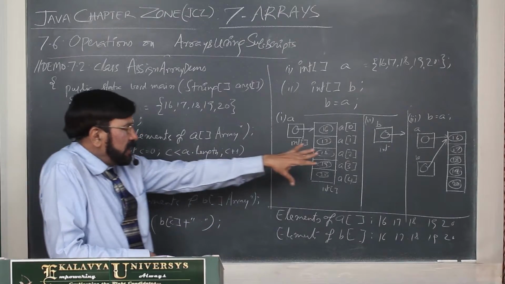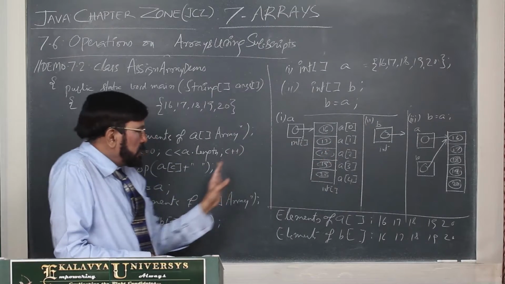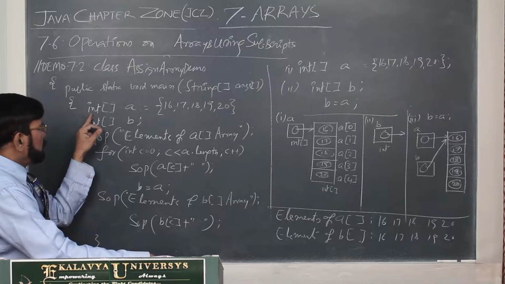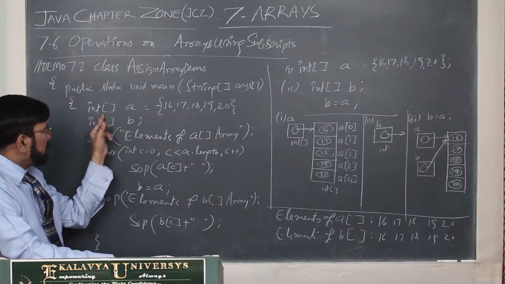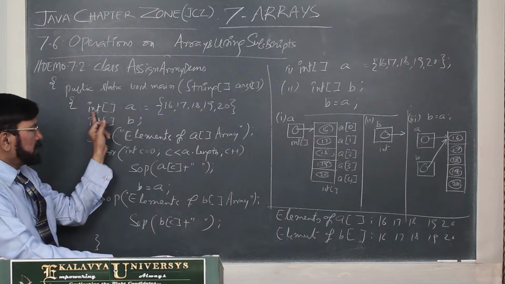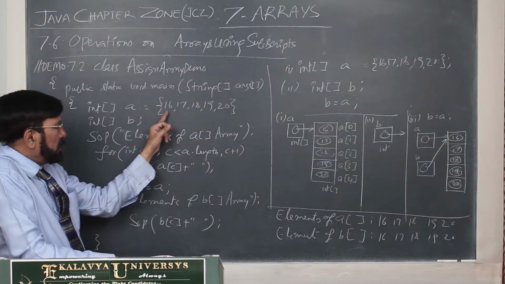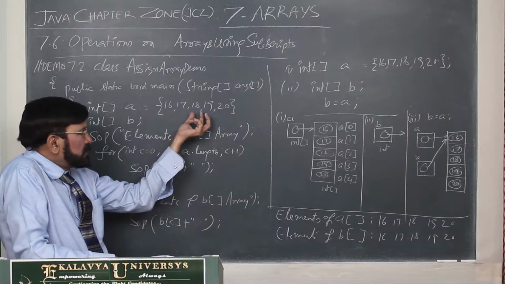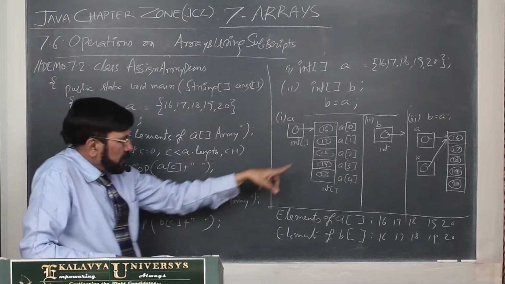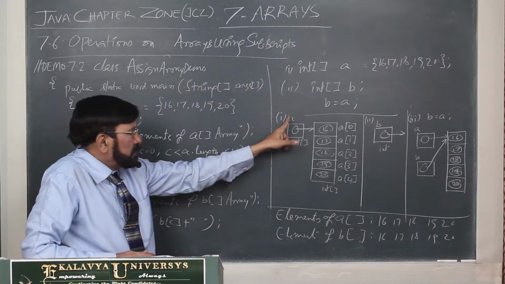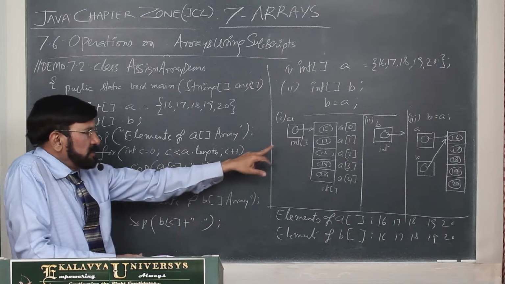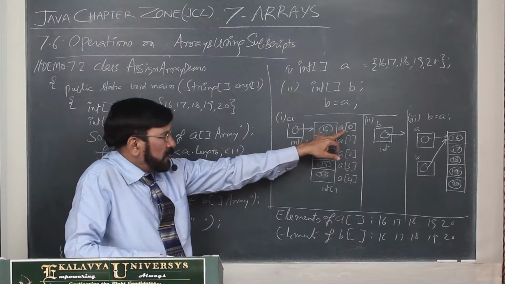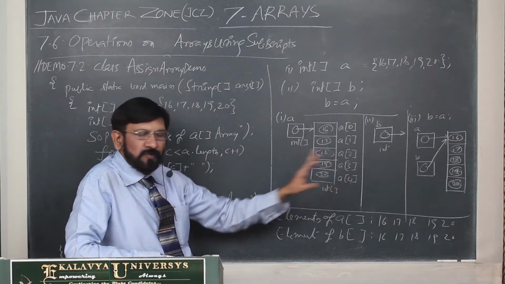So theoretically I explained this concept. Now I am showing it in the program. Now you see, first I have declared an array, A array of int type, and I initialized with 5 values 16, 17, 18, 19, 20. Here you see the same thing, number 1. This is A array, and the subscripts you see A sub 0 to A sub 4.